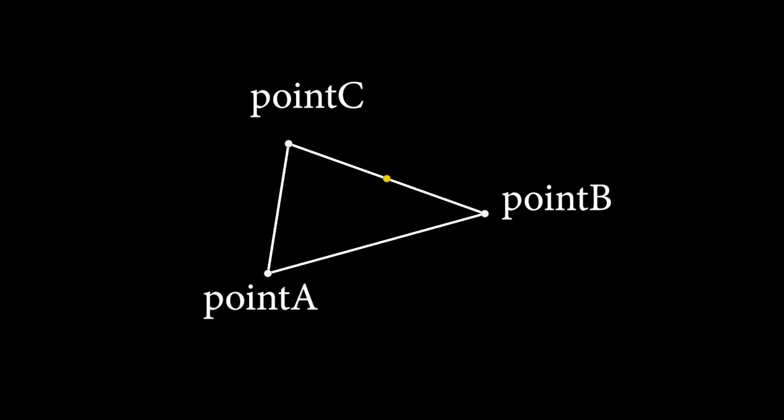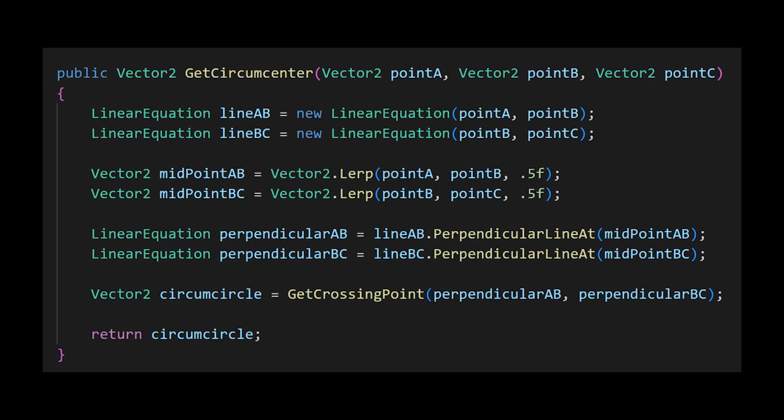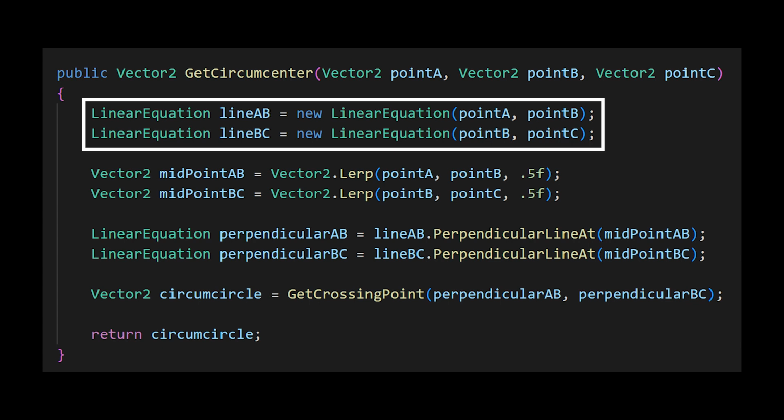The circumcenter of a triangle is a point that is equally distant from every corner of the triangle. To calculate this from a set of points, choose two lines of your triangle and turn these into standard form